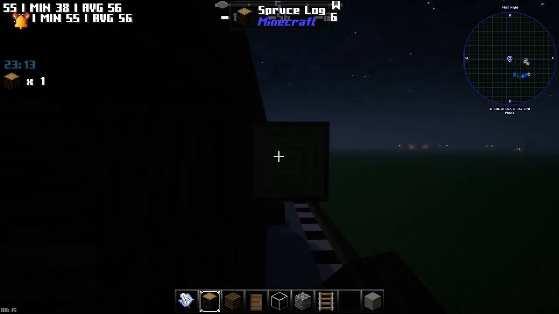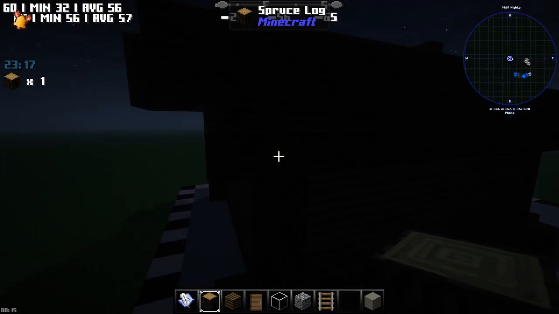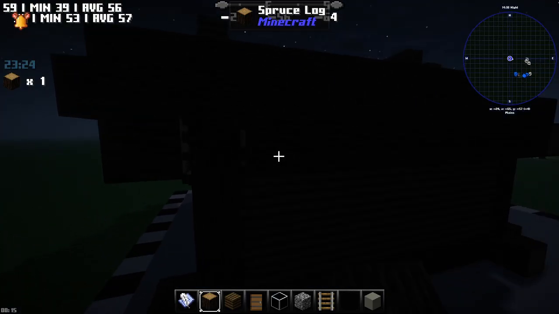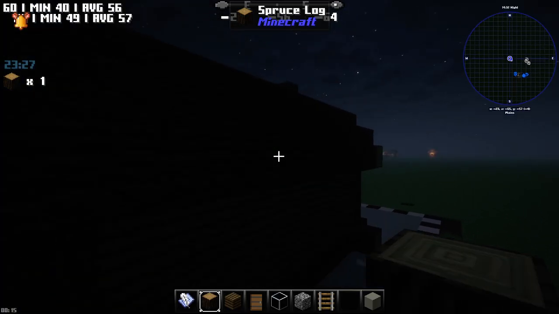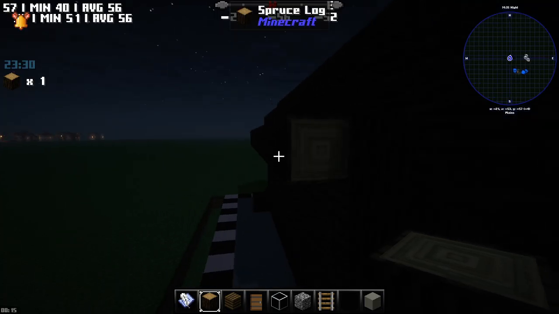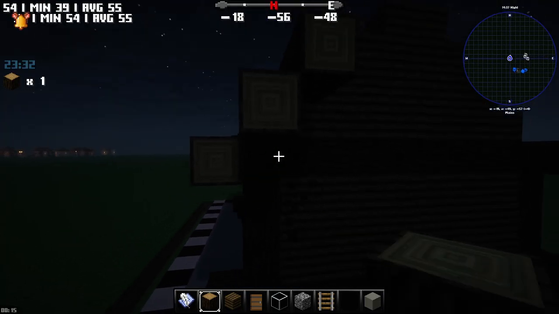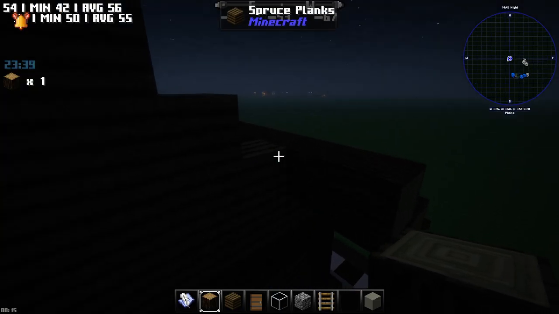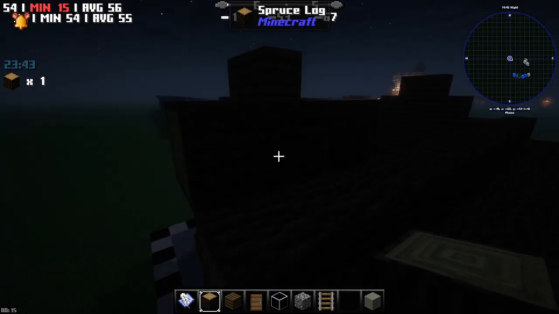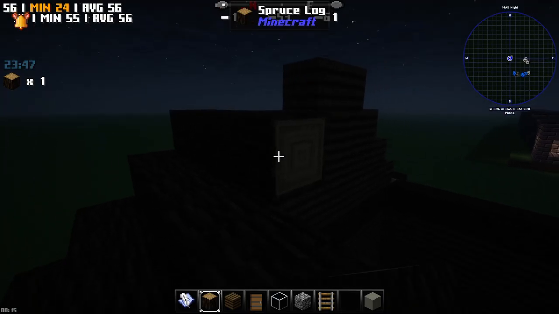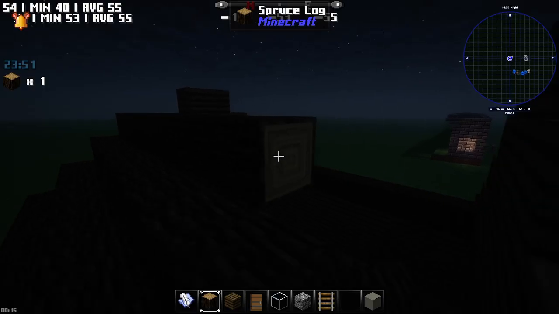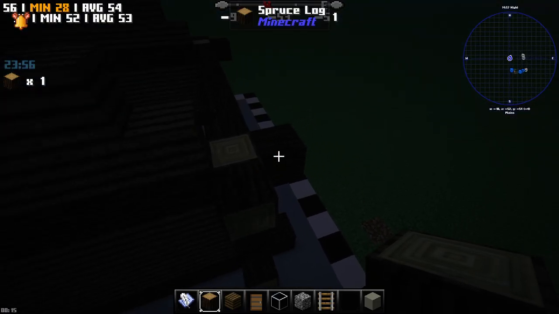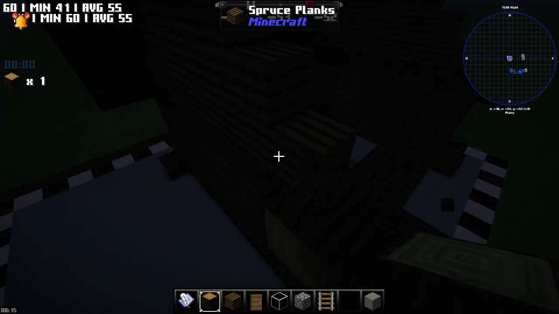So what you could theoretically do, if you want to keep them, is you can break this and do that, but then it just looks weird. So just do that and that. There we go. Break that. I'm expanding them out by 2 because that allows for a little bit more room for decoration if you want to add them. Especially if you have immersive weathering installed and you set this up in a snowy taiga biome, you'll get icicles forming on it. So let's go ahead, place that there, place that there,